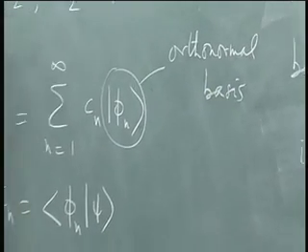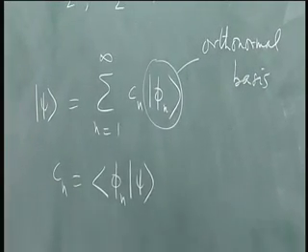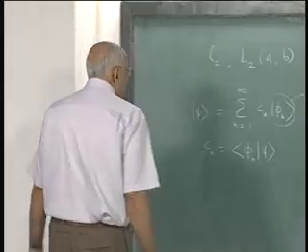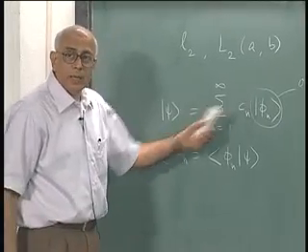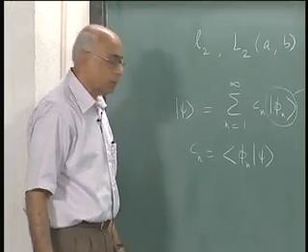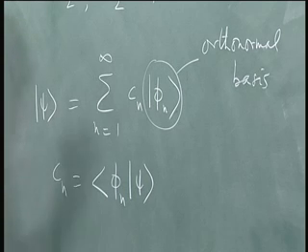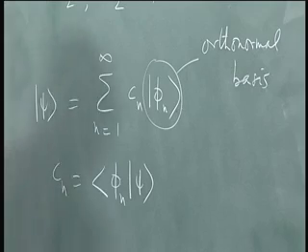I will assume always that whatever basis you give me it is denumerable, and I will make it orthonormal by the Gram-Schmidt procedure. Then this is the expansion and this is the inversion formula. So the set of numbers Cn suffices actually to specify this vector uniquely, and moreover look at the fact that